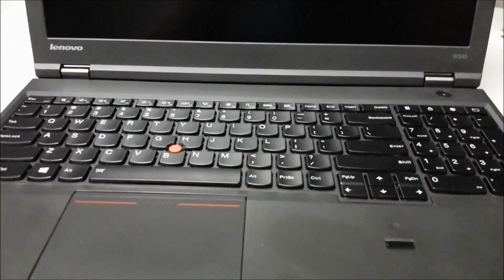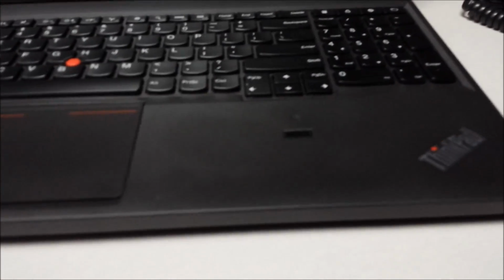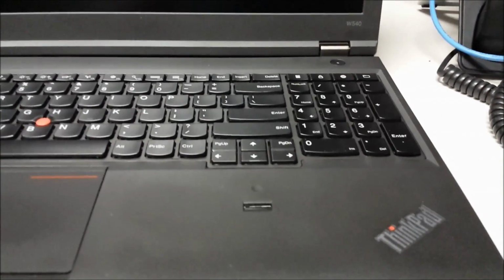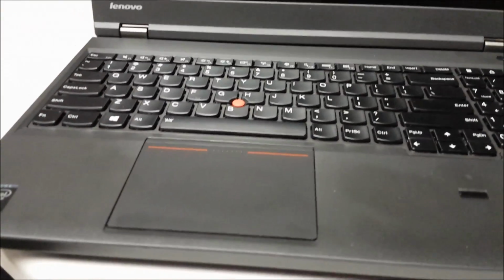First and foremost, there's no indicator lights. If you look here, you can see I currently don't have it on. I don't even have a battery in it. I actually had it packaged to ship back, but I thought I'd take a moment to record this video. There are no indicator lights. So if I go over to my